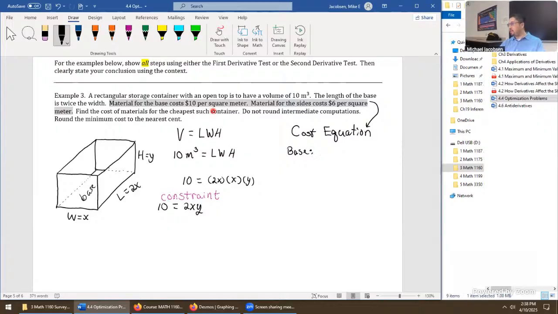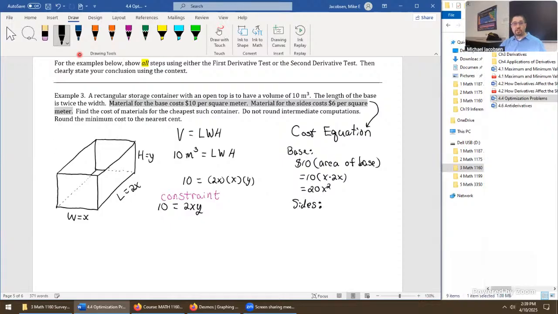And if it's at $10 per square meter, we can say that the cost is going to be, take $10, it's per the square meter, so we find the area. It's going to be x meters times 2x meters to get the area of the base. Let's actually write that in just for the sake of saying exactly what we're doing. Area of base is going to be now, I'll drop the unit for the moment and go 10 times x times 2x. So we get altogether 20 x squared in dollars. So we have half the cost we need, the base is down. Next thing we need are